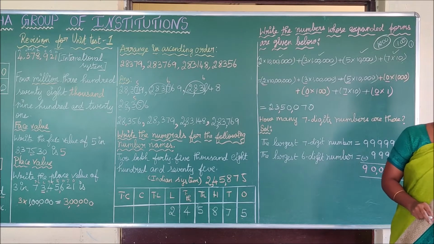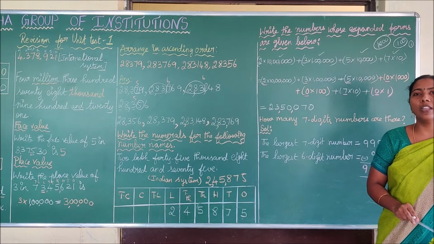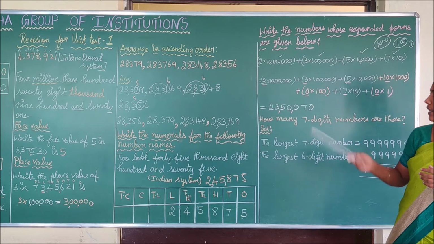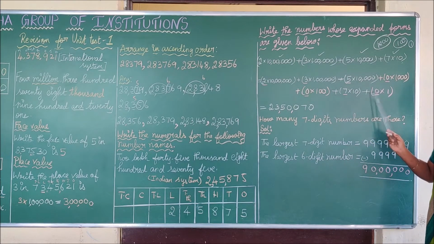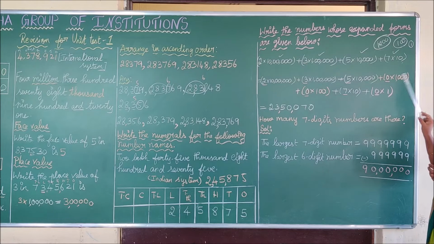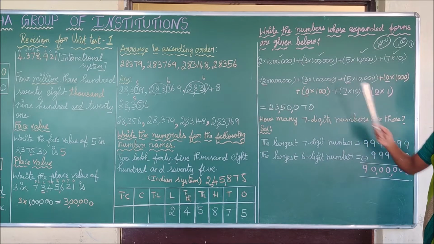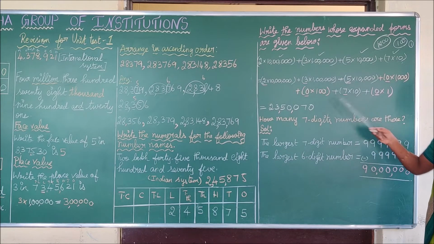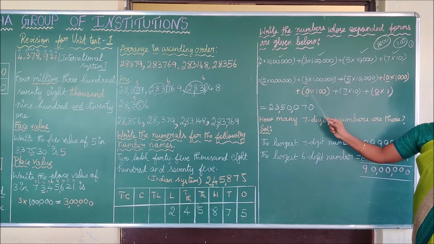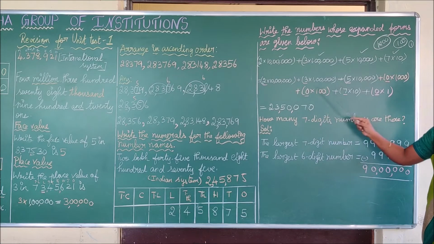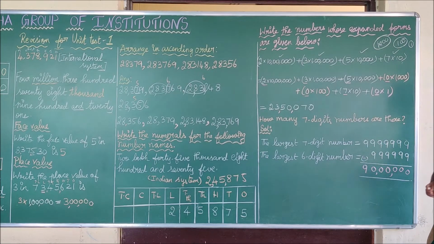Now we are going to include these place values by multiplying the place value by 0. See here, 0 into 1000, 0 into 100, 0 into 1. You have to include the place value in their corresponding places. Okay. Now we are going to check whether the place values are correct. See here, 1's, 10's, 100, 1000, 10,000, lakh, 10 lakh. Thus, all the place values are in their places. Okay. Now we are going to write the required number.